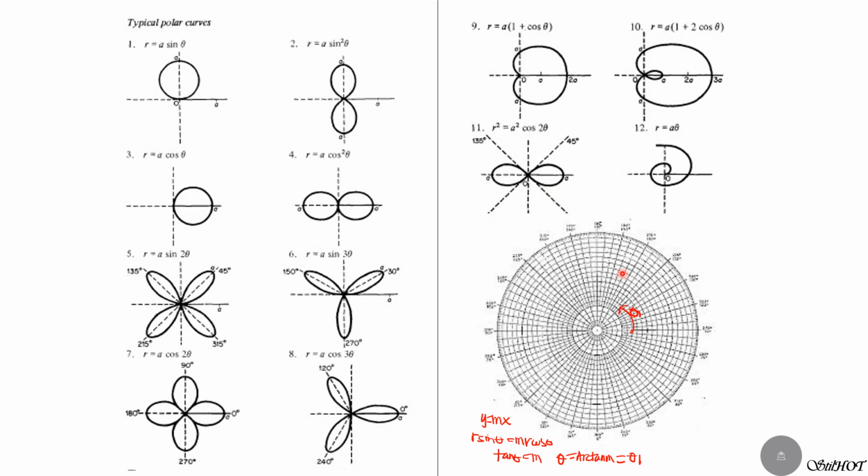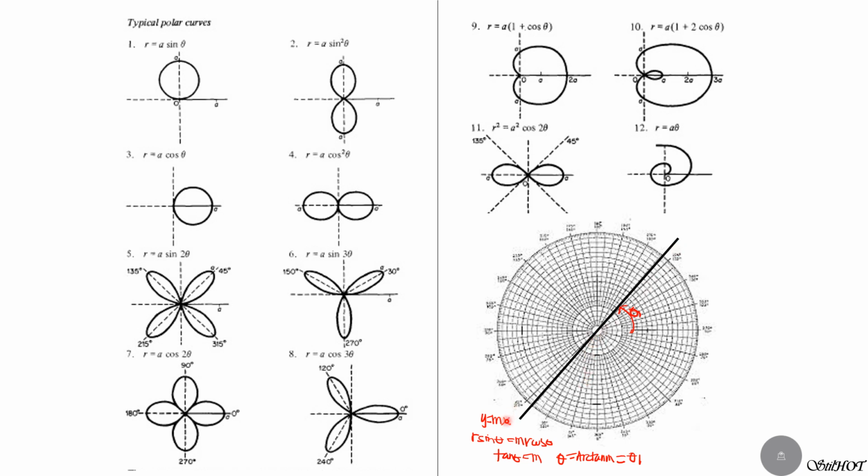This is the polar coordinate system with angles graduated by common angles, and others are graduated 5 degrees. So if we have a line through the origin, that's theta 1, the equation is y equals mx, the slope is m.